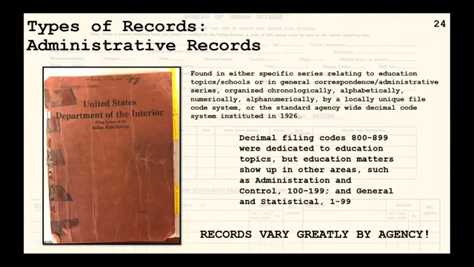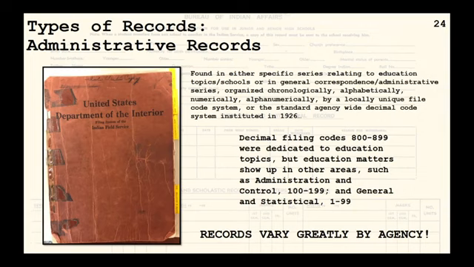So for mentions and records of individual students, we talked about the case files. But now let's talk about where you can find additional files about students, schools, the type of records, and how to locate them. And in some cases, it's easy. There are dedicated series from a school, whether it's an attendance ledger or an administrative file series from a certain school. However, in other cases, you have to dig into the general BIA agency files to glean out the school-related records. BIA agencies used a host of filing codes, varying by agency for many years, until a standard decimal code system was put in place in 1926.